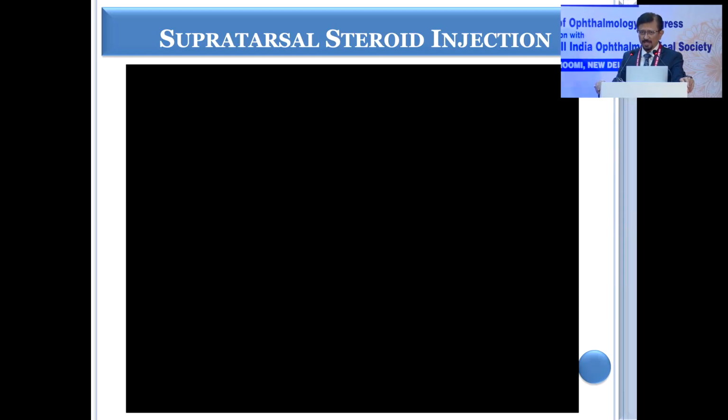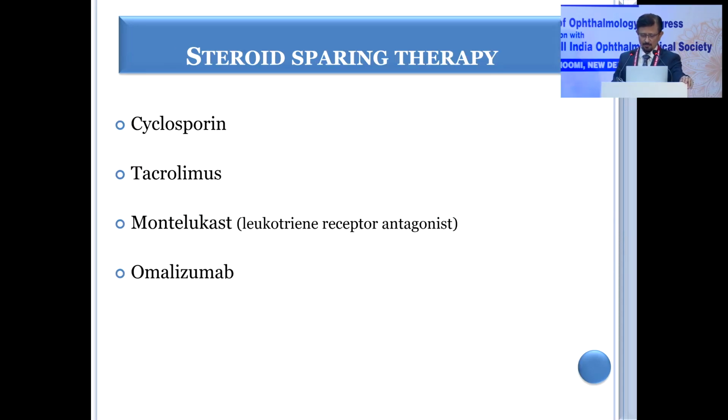The only thing is you have to be careful in these patients, because already you have used topical steroids, so you will be grossly aware that these patients are not steroid responders, but you still don't know. So when you are giving supratarsal steroid, these patients have to be carefully monitored because this is a depot preparation. It is a depot there and you cannot take it off. So if there is any rise in IOP, then you have to manage it, and you don't have to think about a second injection of supratarsal steroid.